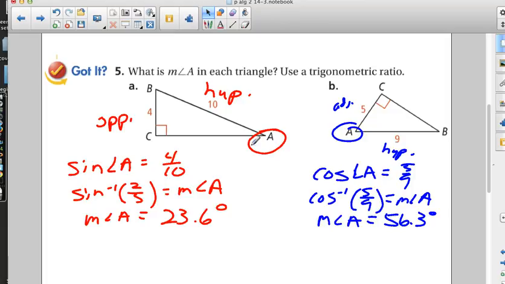Why will sine or cosine, both of those, always be between 0 and 1? Exactly. Both of them are divided by the hypotenuse, and the hypotenuse will always be the longest side. So no matter what, we're going to have a smaller number over a bigger number. The only time it wouldn't happen is when we're not talking about right triangles. But we're talking about the triangles we're working with, which is right triangles, so it'll be between 0 and 1